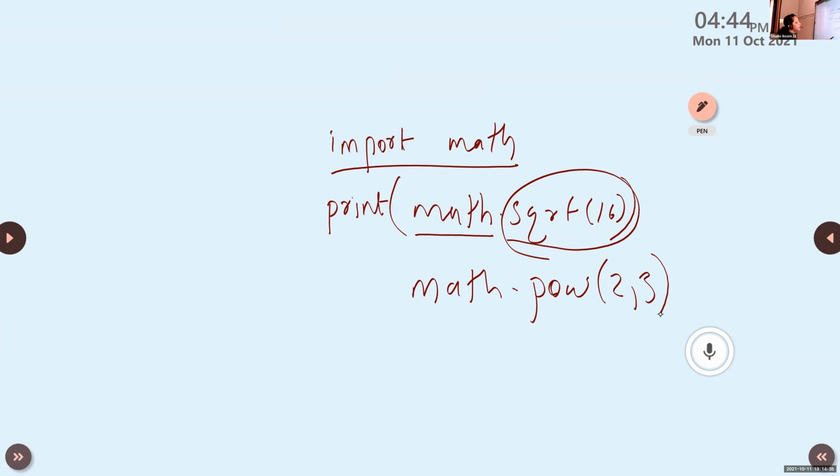It is 8, but it is represented like 8.0. Power returns the result in the form of float. So the result is 8.0. Power of x comma y, that is 2 comma 3, is 2 raised to 3, and the answer is not 8, it is 8.0.